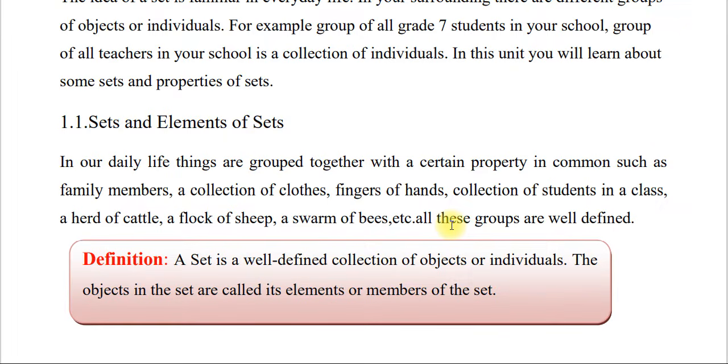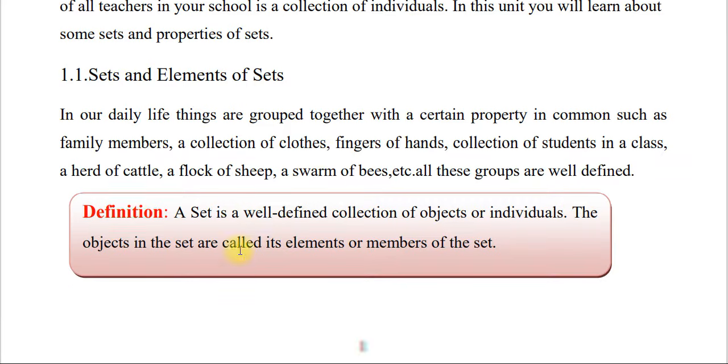ለምሳሌ አሁን ዴይሊ ላይፋችን ላይ ያሉ ነገሮች ወይም በዴይሊ ላይፋችን ላይ ግሩፕ የሆኑ ነገሮችን ለምሳሌ ብንወስድ ይለናል። ለምሳሌ ፋሚሊ ሜምበር አንድን ቤተሰብ መውሰድ እንችላለን። የልብሶችን ስብስብ መውሰድ እንችላለን። ኦር እጃችን ላይ ያሉ ጣቶችን መውሰድ እንችላለን። በአንድ ክላስ ውስጥ ያሉ ተማሪዎችን መውሰድ እንችላለን። ኦኬ እና መሰል ነገሮች። ስለዚህ እነዚህ ዌል ዲፋይንድ የሆኑ ግሩፖች ናቸው። ለምሳሌ አንድ ቤተሰብ ውስጥ ምን ያክል ሜምበር እንዳለ በደንብ ይታወቃል። አንድ እጅ ላይ ምን ያክል ጣት እንዳለ ይታወቃል። አንድ ሰው ምን ያህል ልብስ እንዳለ ይታወቃል። በአንድ ክላስ ውስጥ ምን ያህል ተማሪ እንዳለ ይታወቃል። ስለዚህ which is a well defined group። So ይህን ያክል ካል ሴት ምንድነው የሚለውን ነገር ዲፋይን እናደርጋለን ማለት ነው እዚህ ጋር።